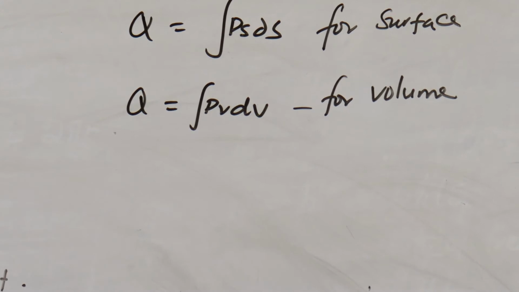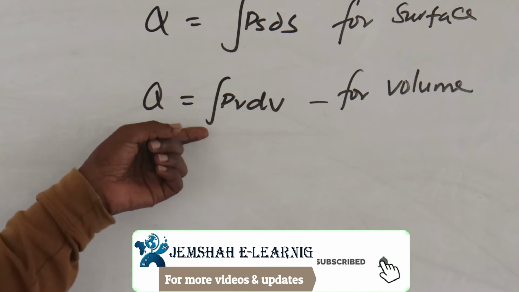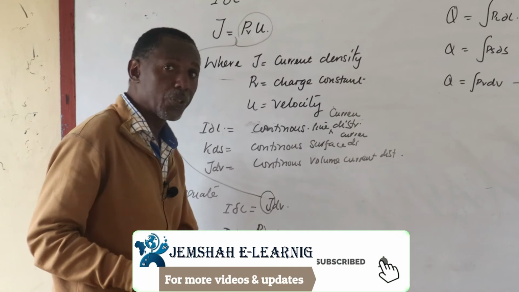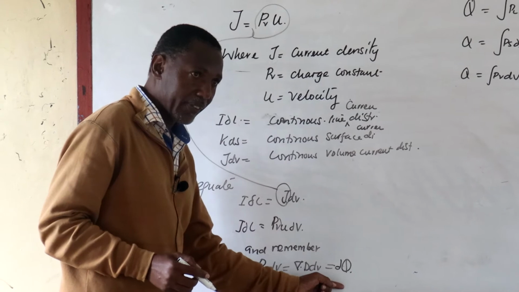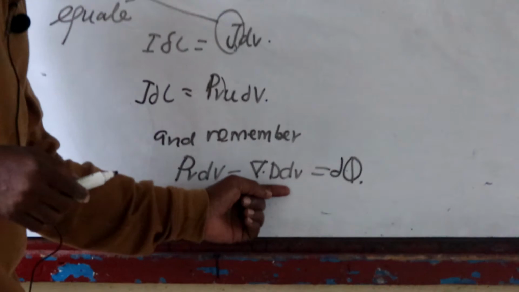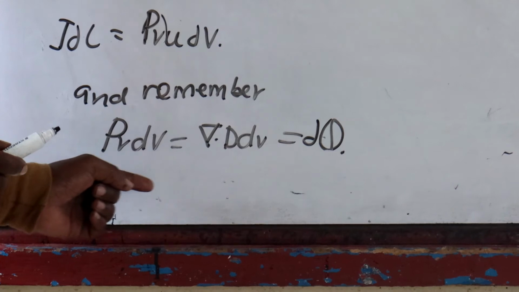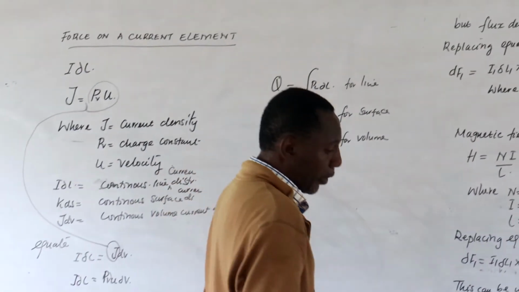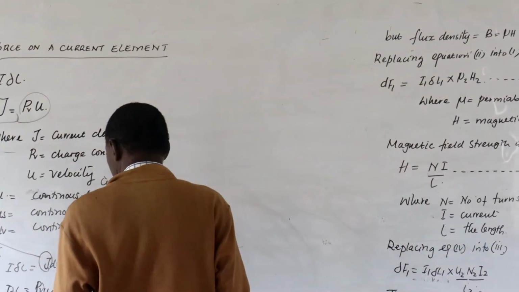Q is equal to the integral of PV dV. So PV dV will be equal to dQ. Are we together there? PV dV is equal to the divergence of D dV, which is equal to dQ according to Gauss law. So we can write it properly and say